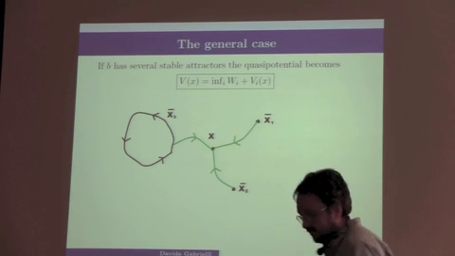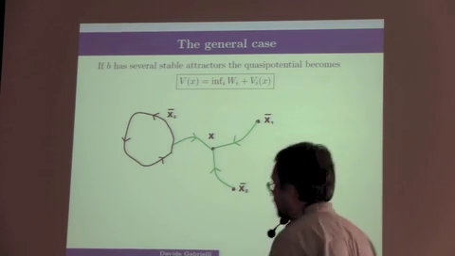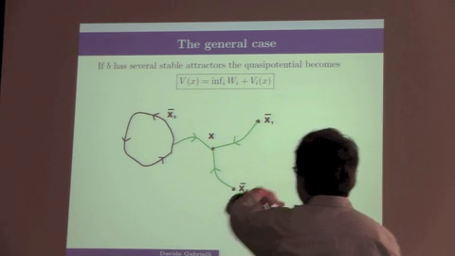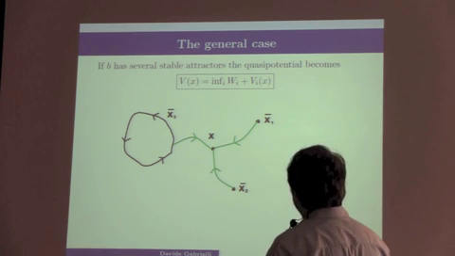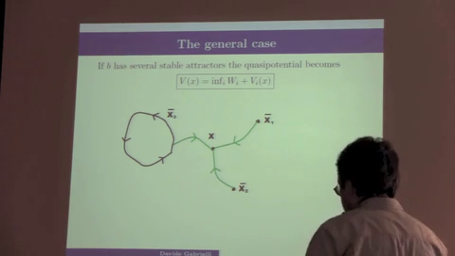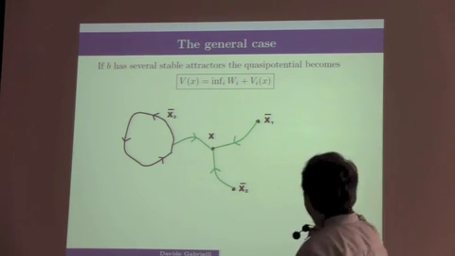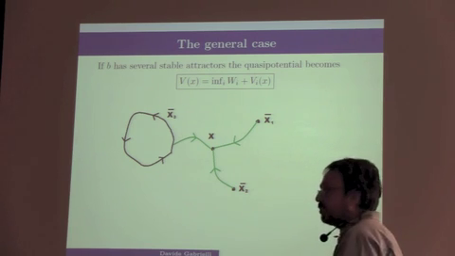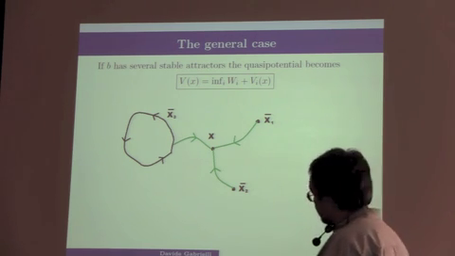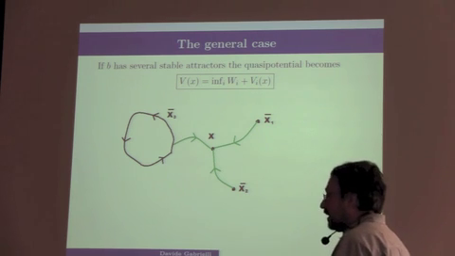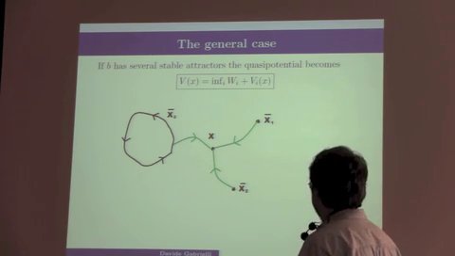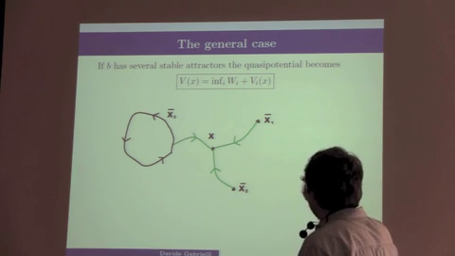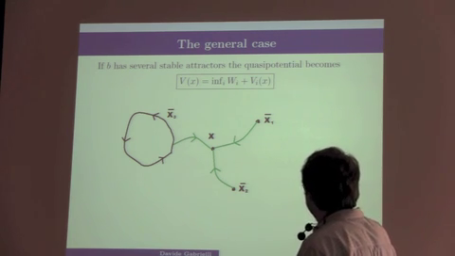In general, you can have a vector field that has several stable equilibria. You can also have stable closed orbits. Then to compute the quasipotential, you have to do the following. You have to consider every single equilibrium point, and you have to construct first a Markov chain with exponentially small transition rates